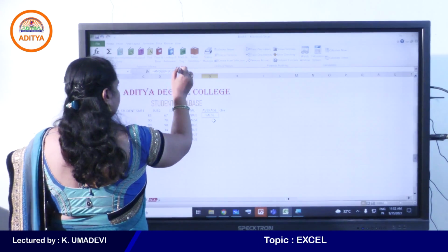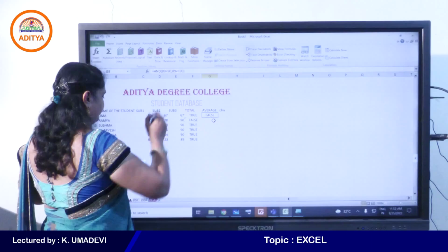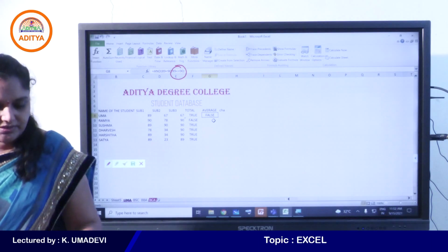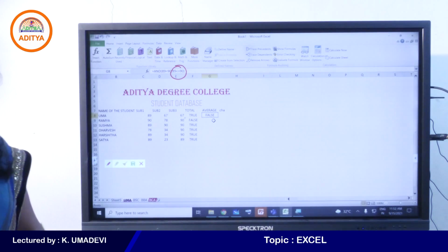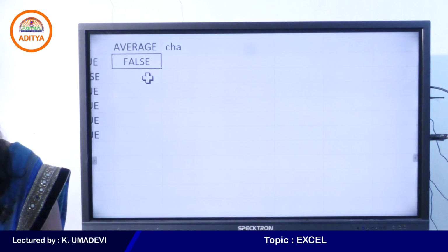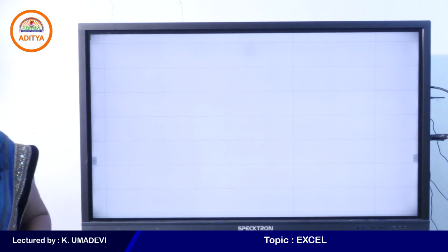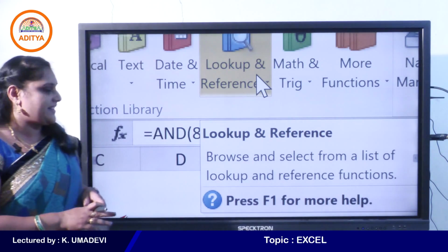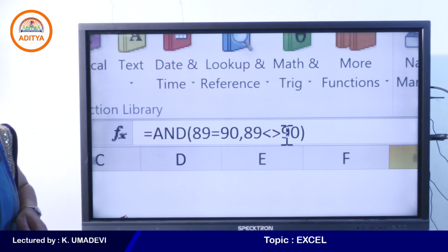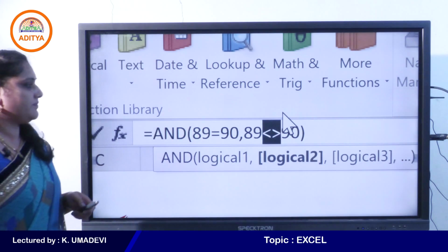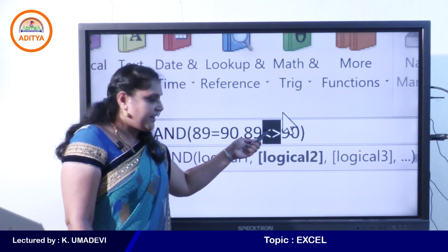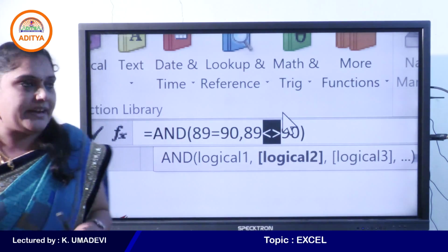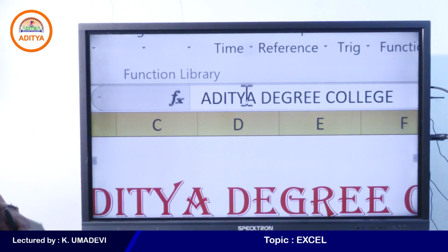See, in Excel, use not equal to like this. It automatically corrects the operator. So that is the advantage of inbuilt functions. I'll zoom the screen. Just observe that operator, students. In programming languages the not equal to operator is exclamation mark and equal to, but in Excel, this is not equal to. Use less than and greater than without spaces, right?